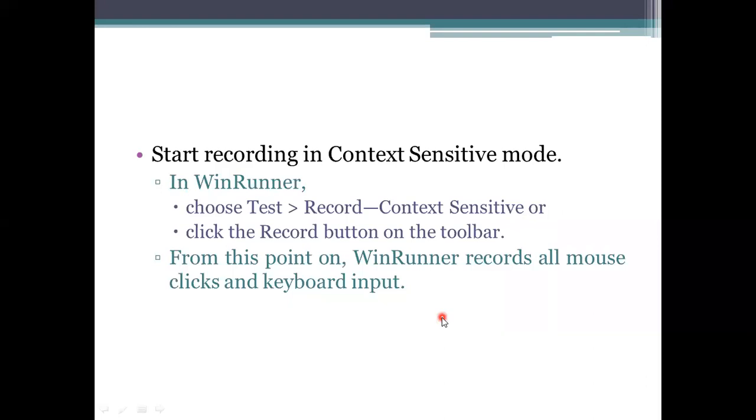To start the recording, we go to the main window, the test window. In that we need to select the context sensitive mode. First we will go for the context sensitive mode, and then we will go for the other mode. Why are we choosing the context sensitive mode? Here we are giving the input. Input has to be taken, and later if you need anything signature based, any bitmap area based, then you need to initialize an analog representation. If not, it will not allow you to take the processing.